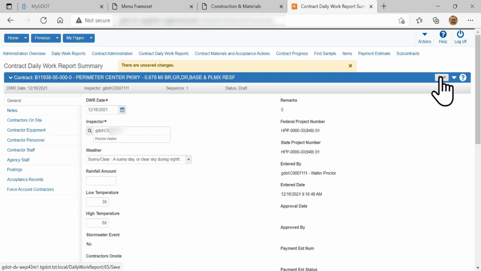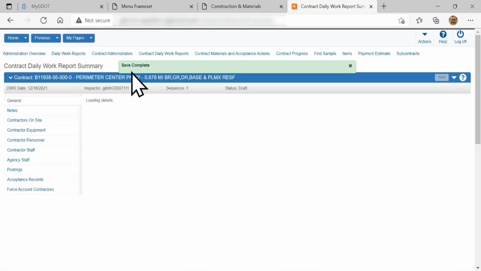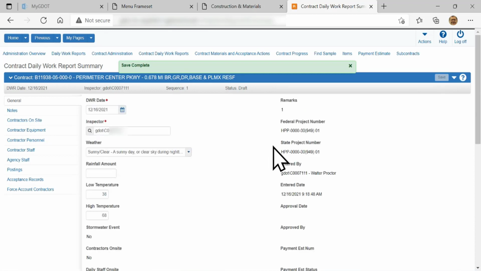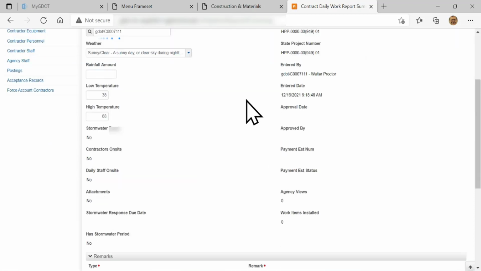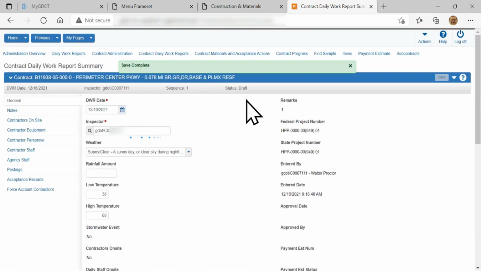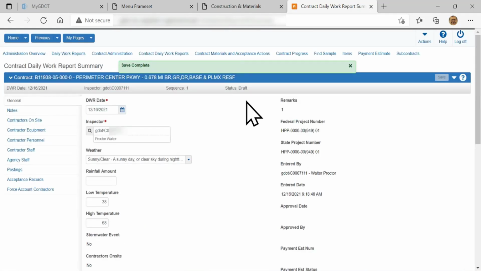And so I'll click on save, and you'll see it gives me a save complete. And now it's saved my little remark in the system as it's loaded it to the server, so everything is up to date. So as long as it's still here in draft status, you can make as many changes and updates as you're working with it. It just makes sure that there's something on the server in case I lose power or lose connection. It still includes that information. Hopefully that answers your question.